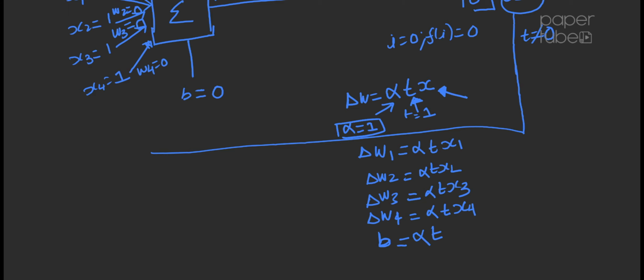So what are these values? We know T is equal to 1, alpha is equal to 1, and X1 is equal to 1. So 1 multiplied by 1 multiplied by 1 is equal to 1. The same for all of them. Similarly, this is equal to 1 and this is equal to 1. Bias is equal to 1. So now we need to update the weight